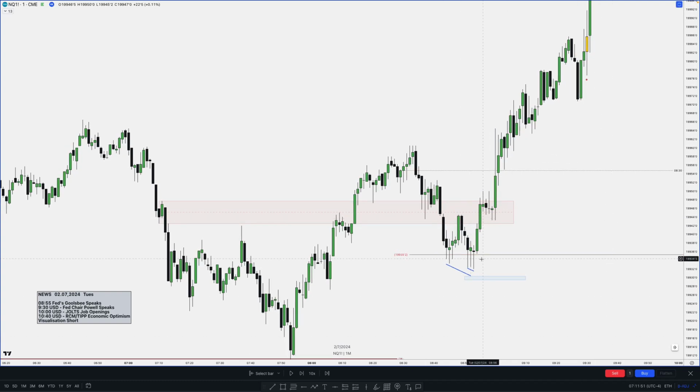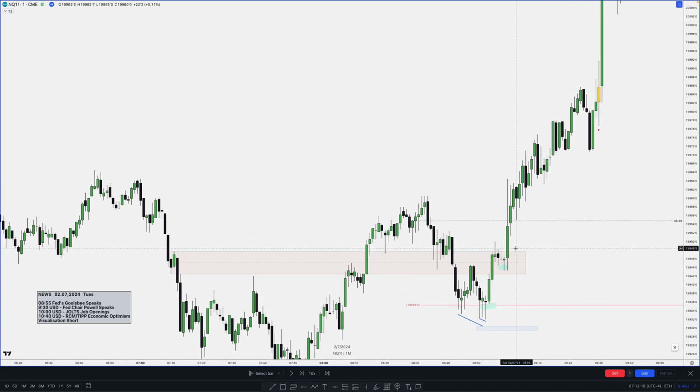So I entered the first position. I'll just use highlighter. First position, I entered around about there. When I saw the SMT, I was really happy with that, and I thought, okay, I want to put on more because it's a really good looking setup. So I looked and I found this entry up in here, so I added a bit more here. But then I decided to put a limit order pretty much right here. So I limited it out